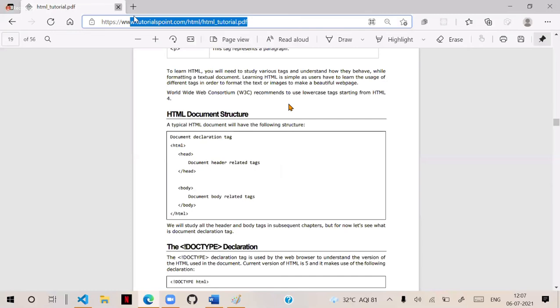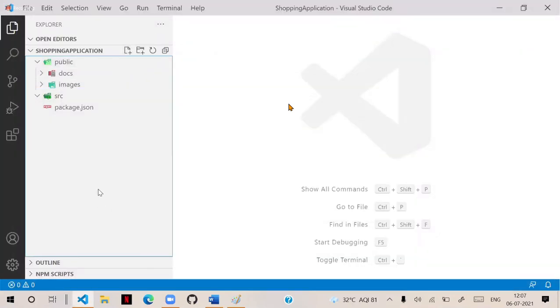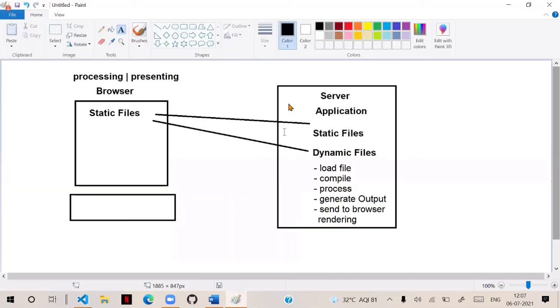But the important point is how the client knows which path is present. The client doesn't know which path is present. That is the reason we need to provide a page to the client so that he can access. That means in a website, we have some resources, but how will the client access the resource?